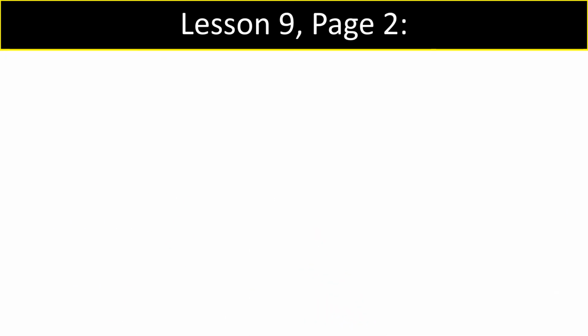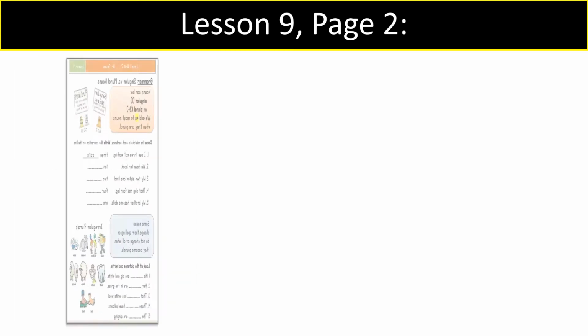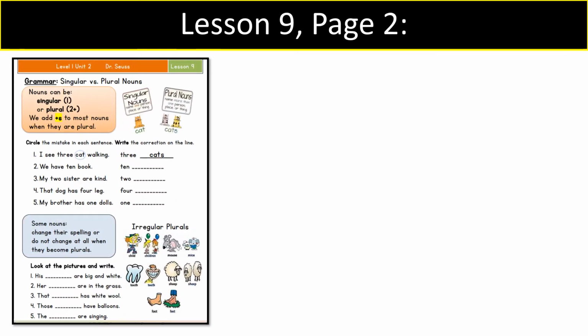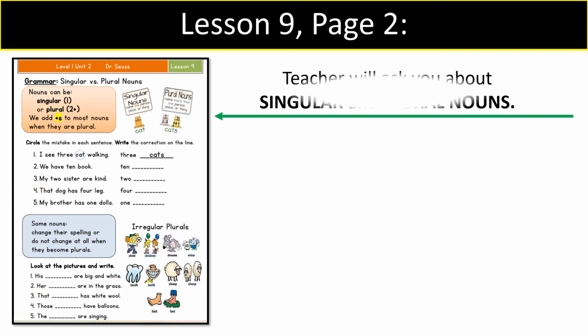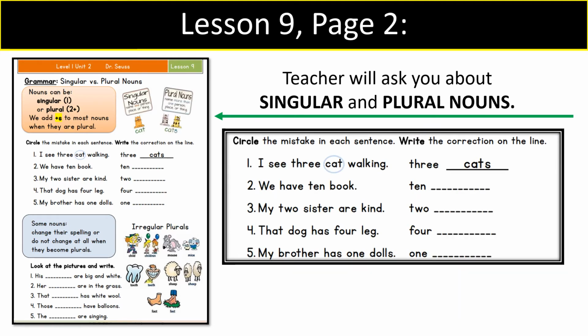Okay, guys, now we go to lesson 9, page number 2. This page talks about singular and plural nouns. Singular means one, and plural means many. And nouns are things that you can see, like people, places, animals, and things. Now, in this box, you see 5 sentences, and it asks you to correct the sentence, because these sentences are